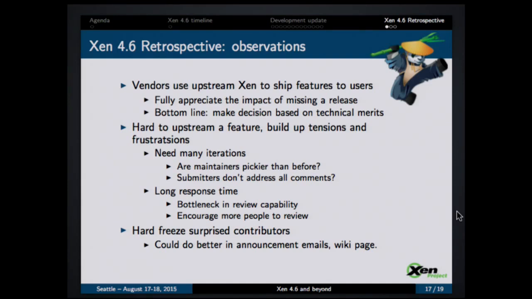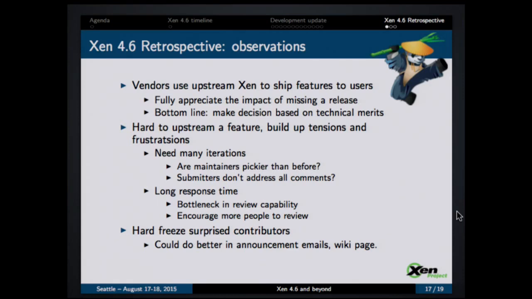And I myself, with my maintainer hat on, would like to help them as much as possible to upstream their features. Actually, all our maintainers are very keen on helping them upstream their features, such as providing lots of feedback on the design and the actual code, and discussion on how to move forward if we have a deadlock or something.